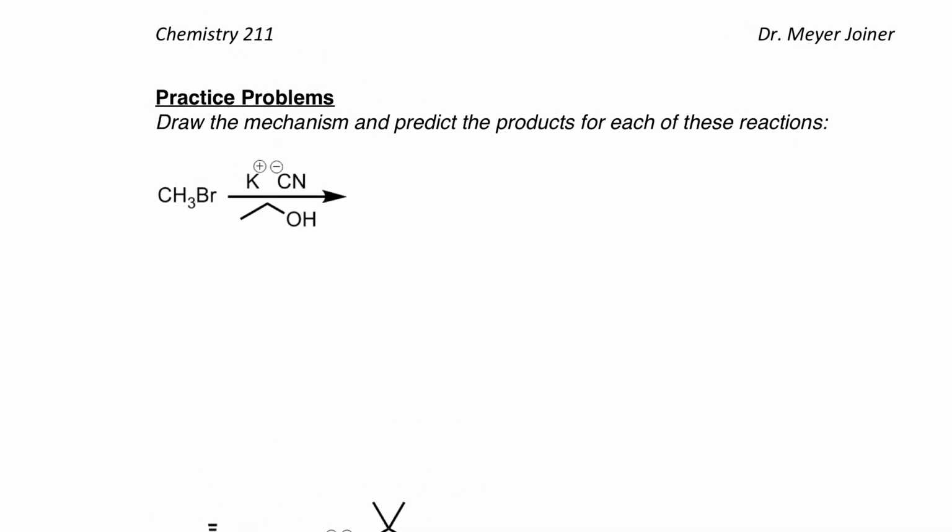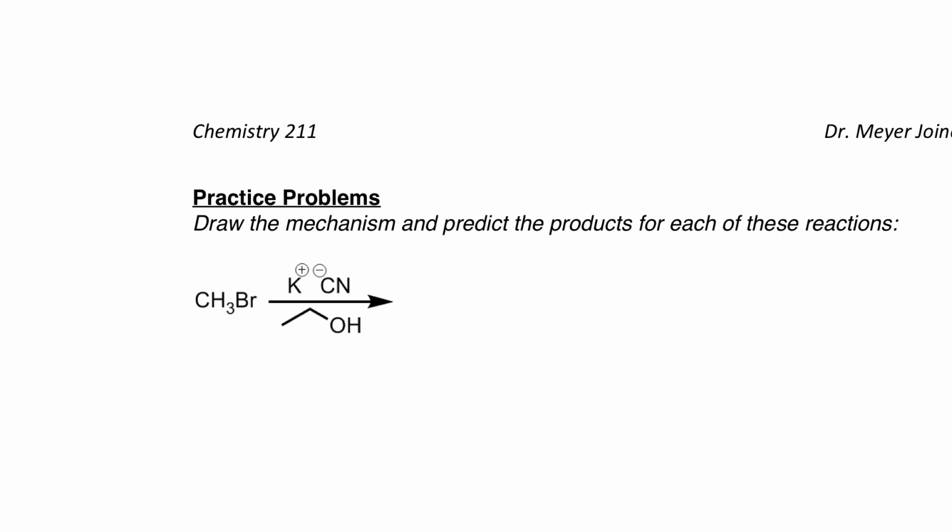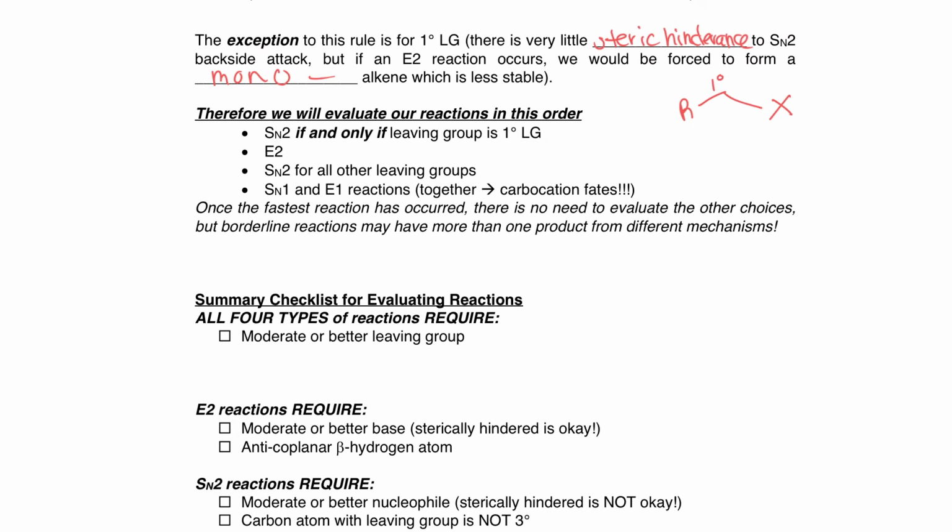All right. So what I actually am going to do is make this even simpler and go back to this little checklist right here. What we could really do is summarize this and say, what does this all mean? SN2 is actually favored if we look at the substrate and we see that it's primary. It's always going to be SN2. If not, we'll try E2. Anything else that's a bigger leaving group, we're going to go back to SN2. Then finally, we'll consider these together. And don't forget about carbocations. Okay? So let's do that list.